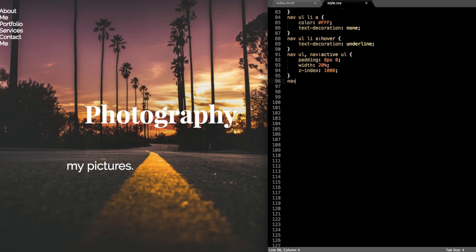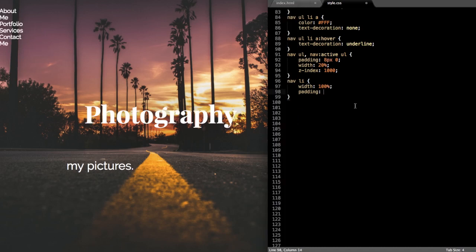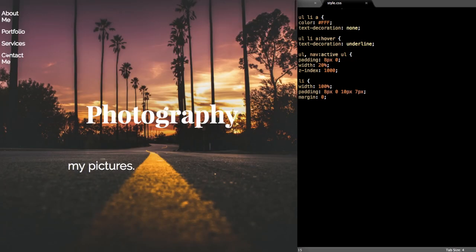And then drop down and write nav li, and we're going to give it a width of 100%, and then padding 8 pixels. So we're going to space out the list items. So 8 pixels top, 0 right, 10 pixels bottom, and then 7 pixels left. Okay, and then we'll just give it a margin of 0. So now if we refresh, we'll have a little bit of spacing between the list items here,